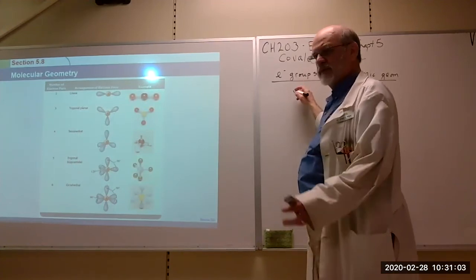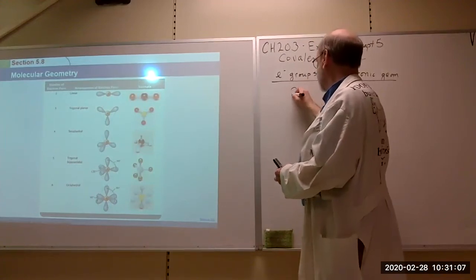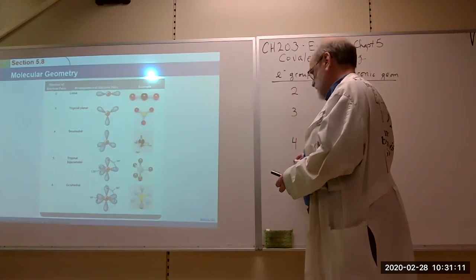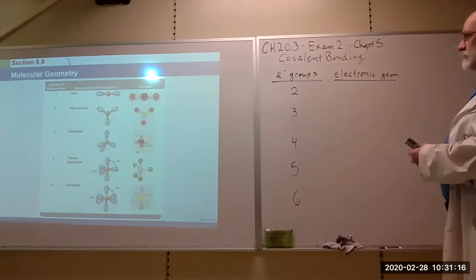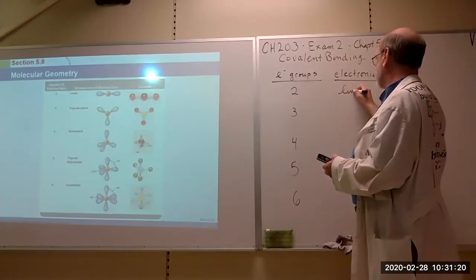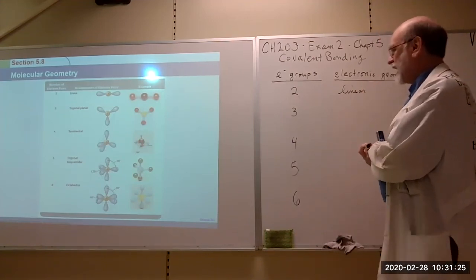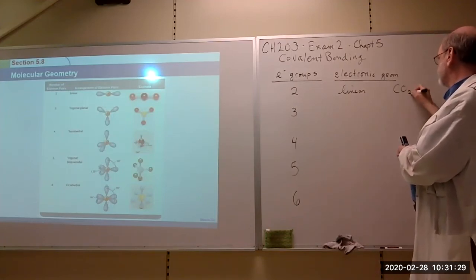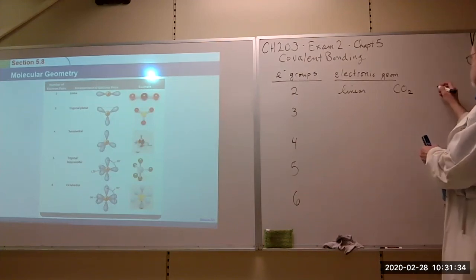If you only have 1 group, then you really don't have any geometry. So you have to have at least 2. You could have 3 groups, 4, 5, and we'll stop at 6. So if you have 2 groups, the electronic structure is linear. Okay. And a good example of that is carbon dioxide,